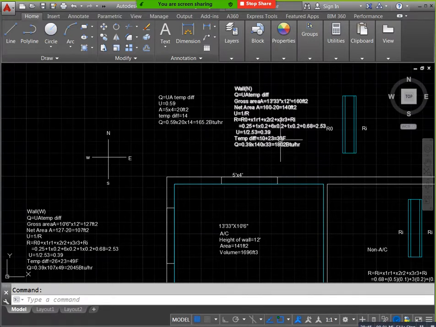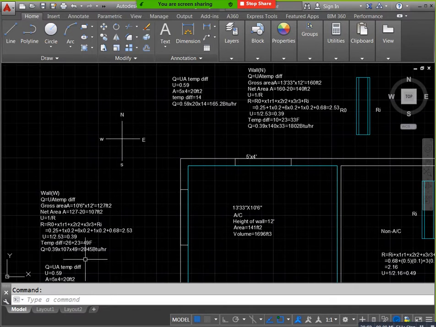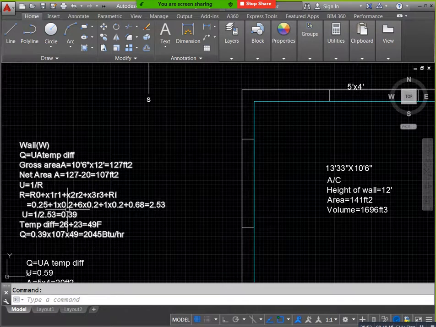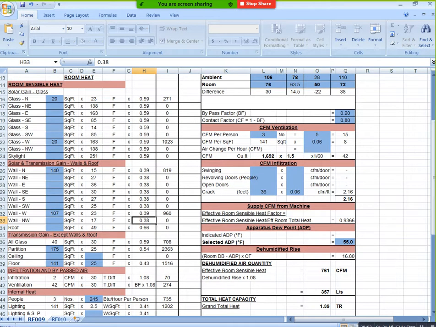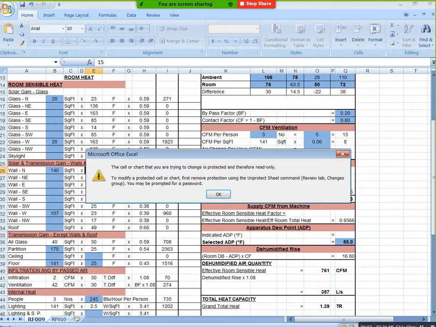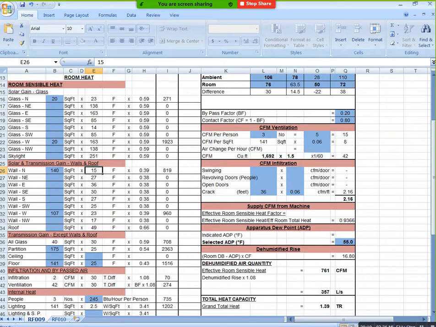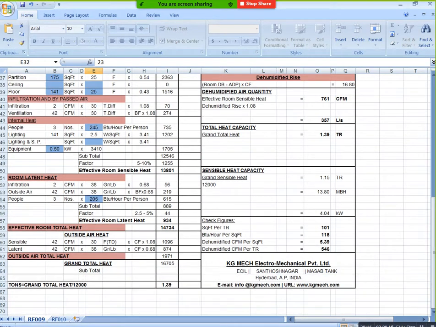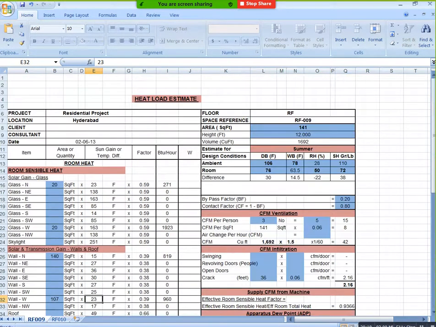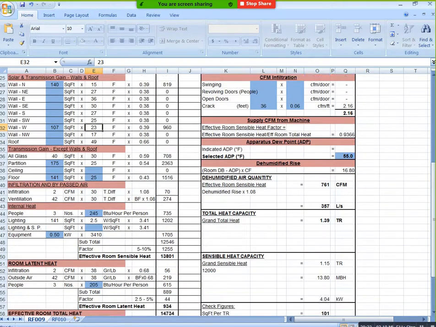Okay, this is our complete heat load calculation. Then you are getting exact accuracy values also. In real time, you will take a standard. Some companies, when you start a project, fix some values, these temperature differences, and give them to you. Based on that we need to calculate. Sometimes you need not change these values. With some companies you just need to change these blue color bordered cells, that's it. You need not change the remaining ones. You get the final value here like this. Okay, this is our complete heat load calculation.